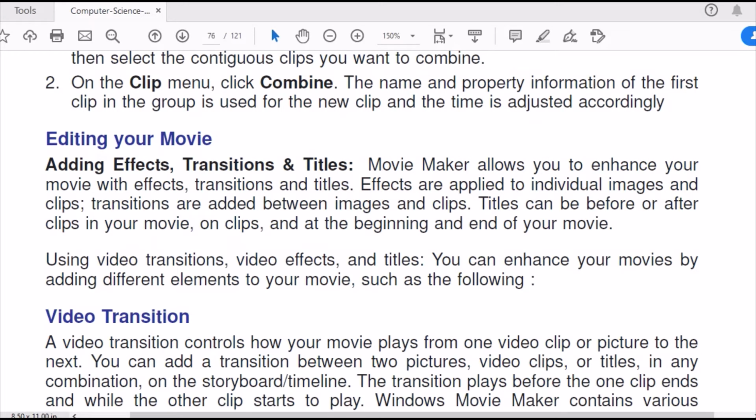Editing your movies, adding effects, transitions and titles. In a video, you've always seen that a different picture or different clip at a certain time comes rotating from the background or flipped around. Those are effects and transitions.